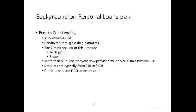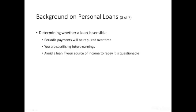Anyway, small loans, 1 to 35,000. Yeah, credit report and FICO score. So your score that we talked about last week. So, yep, paying it over time, sacrificing future earnings, and if you can't pay it back, yeah, I don't know. Most business ventures, I've got involved in some things that I thought were just going to work great and did not work, and then other things, I thought, this might work, and it's incredibly popular. So yeah, I don't like taking in huge amounts of debt to get a business started. So anyway,